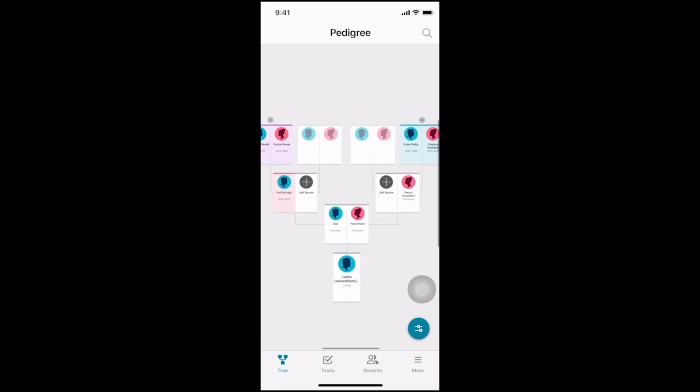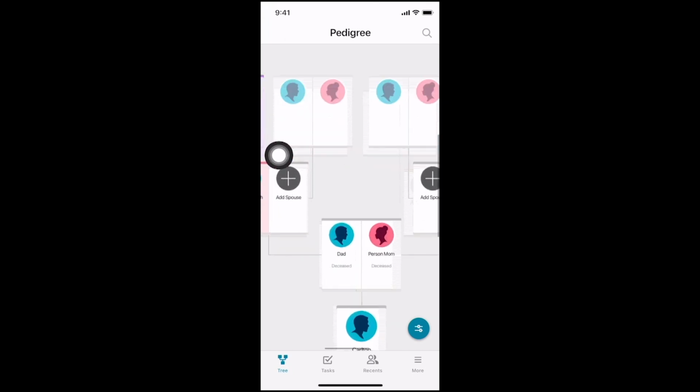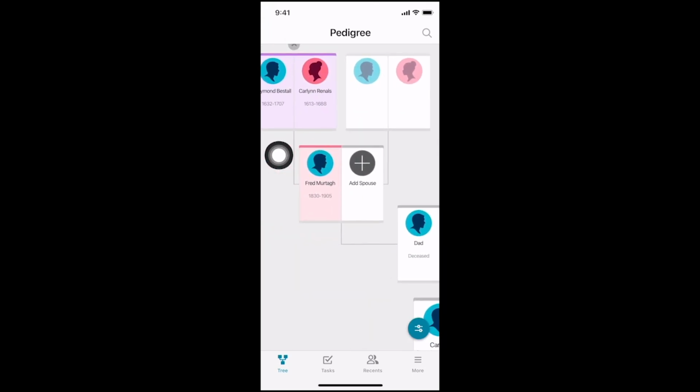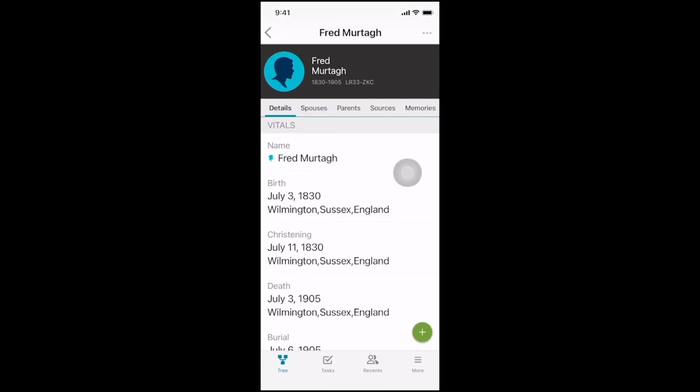So what happens if you tap on any of these tiles? I'm going to go over here to this person, which is grandfather Fred Murtaugh, and I'm going to tap on that, and it's going to show me the person page. Now the person page has a lot of features and functionality. It starts out on the details page up here, but it also has other menu options for family members and sources and memories. But starting on this page, you'll see the name, the birth, the christening, the death information, burial